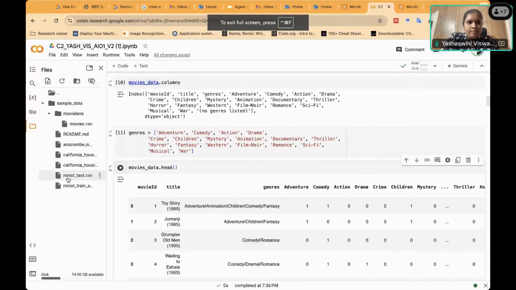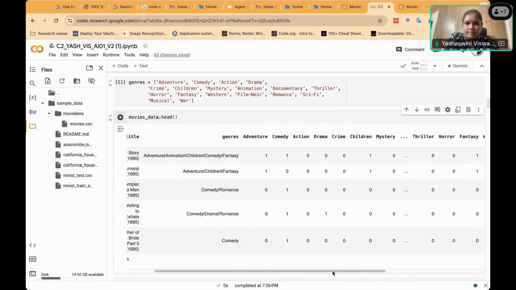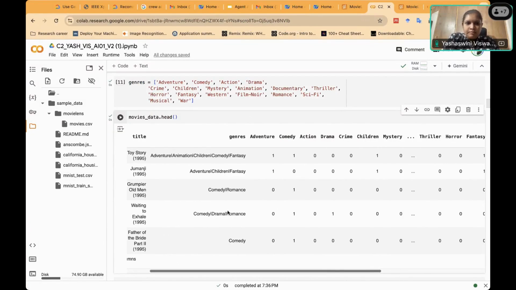Let me show how that one-hot encoding looks like. So here, if you see, this is how the one-hot encoding looks like. Say, for example, comedy, you have 1.